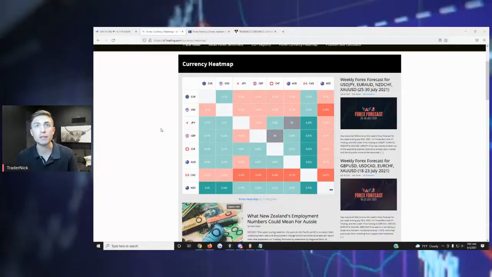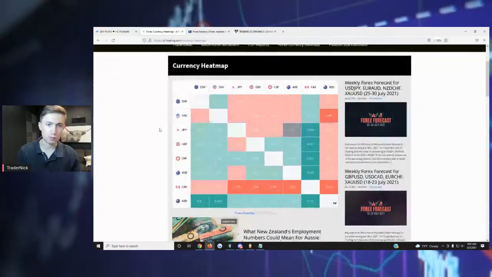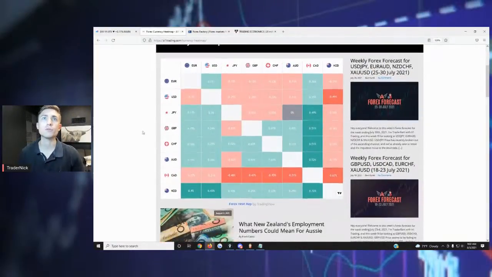I'll zoom in just a little bit here. So the idea is we're looking at this and seeing some green down here, some red right there, and a little bit of everything in between around the rest of the room. The big one is that the Canadian dollar is weak today. It is losing value, especially against the yen, the pound, the Swiss franc, and the Aussie, as well as the New Zealand dollar.